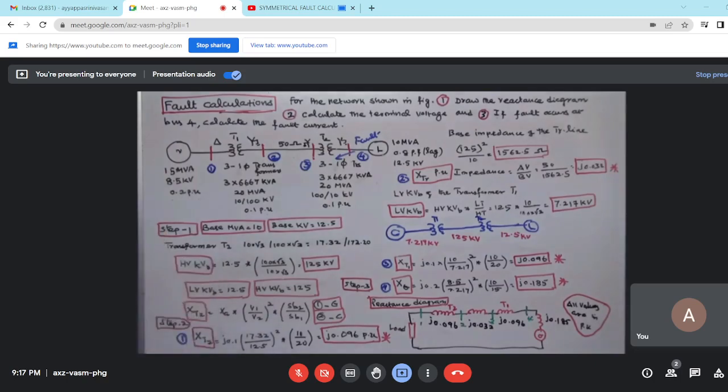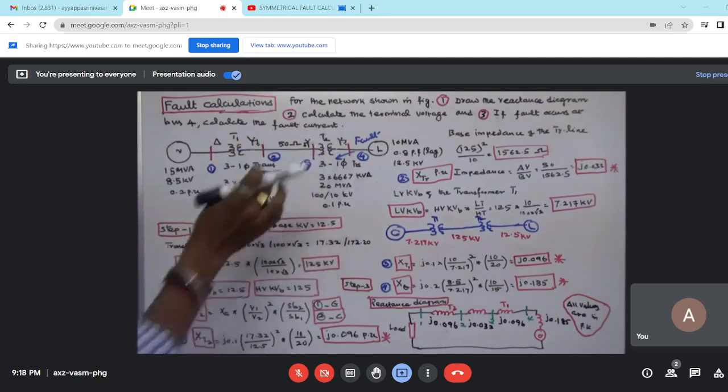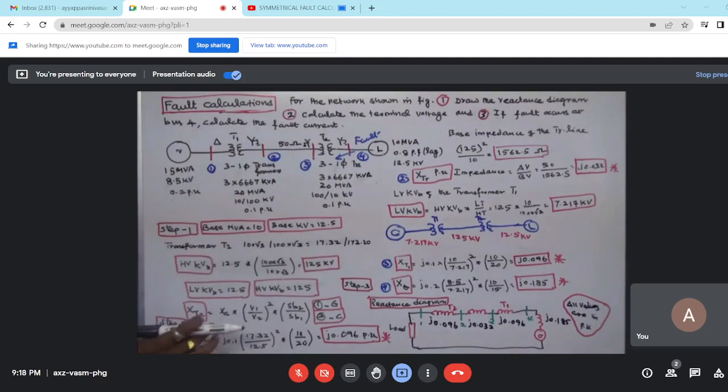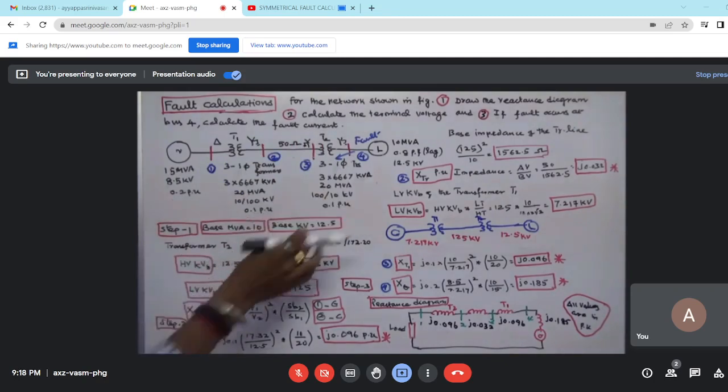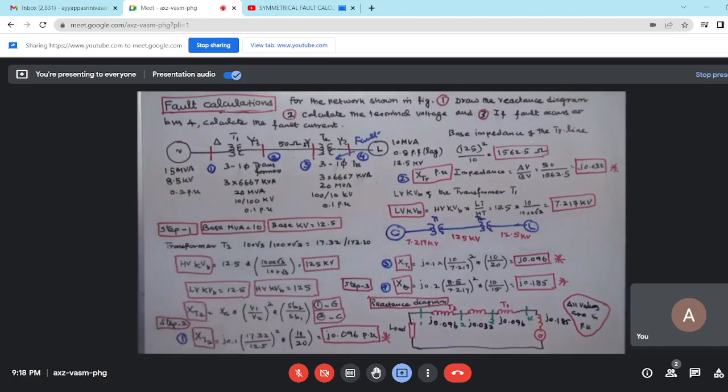Step 2, I have to calculate the per unit reactance of the generator, transformers, transmission line based on this base MVA and base kV. So the transformer 2 per unit reactance is equal to the given reactance value into (V1 by V2) the whole square into SB2 by SB1. 1 is a given value, 2 is a chosen value. Therefore, XT2 is equal to given reactance j0.1 into V1, V1 is 17.32, divided by V2, V2 is 12.5, the whole square